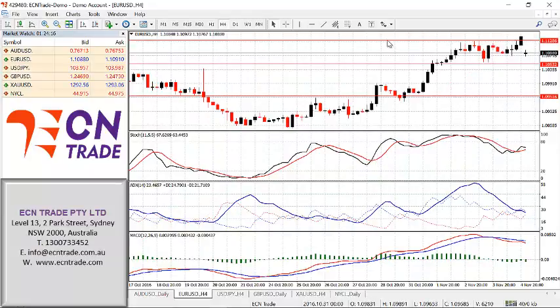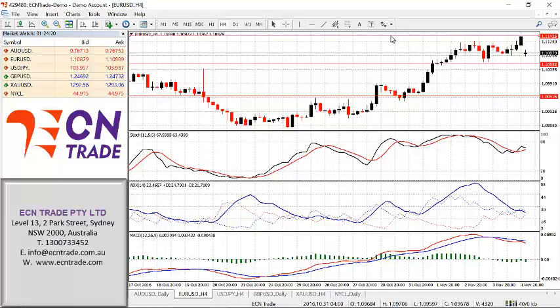Well, the resistance in the euro at 111.35 held respectively, and now from the rejection, gaps open this morning down towards the objective, now remaining at 110.55. In light of the current return of US dollar strength, I expect to see a break of 110.55. Then below that level would see 109.35 to